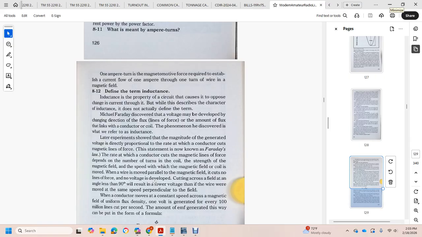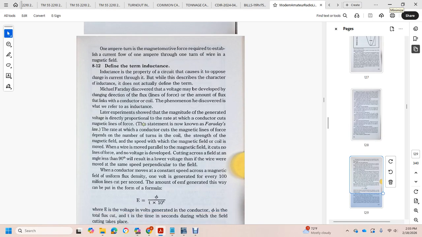The rate at which a conductor cuts the magnetic lines of force depends on the number of turns of the coil and the strength of the magnetic field. If either the magnetic field or the coil moves with the wire parallel to the magnetic field, it cuts no lines of force and no voltage is developed. Cutting across the field at an angle less than 90 degrees results in a lower voltage than if the wire were moved at the same speed perpendicular to the field. With the conductor moved at a constant speed across the magnetic field,